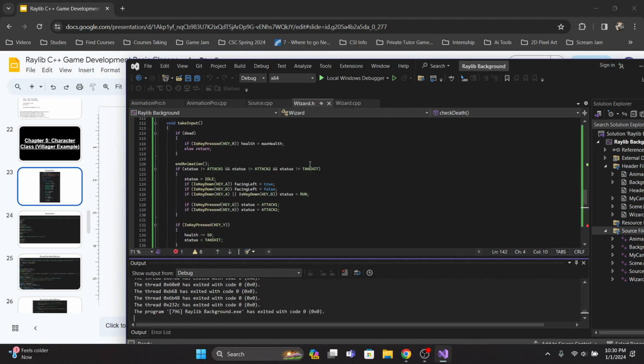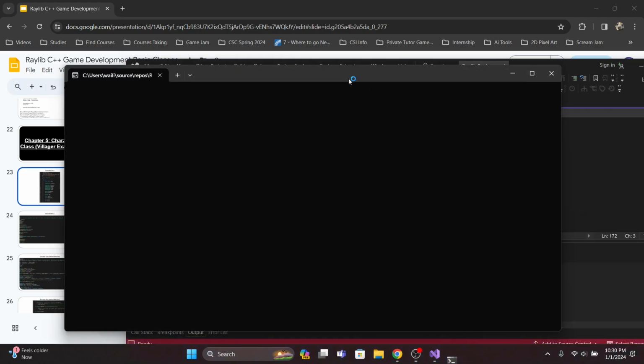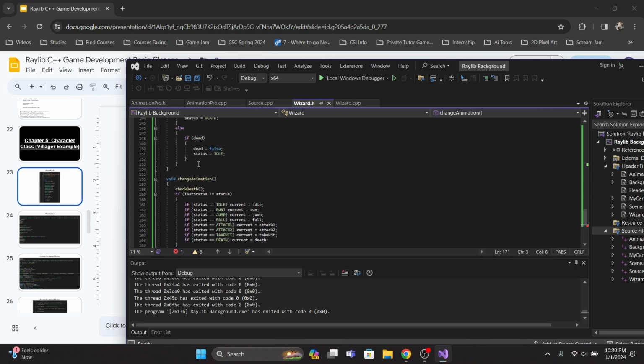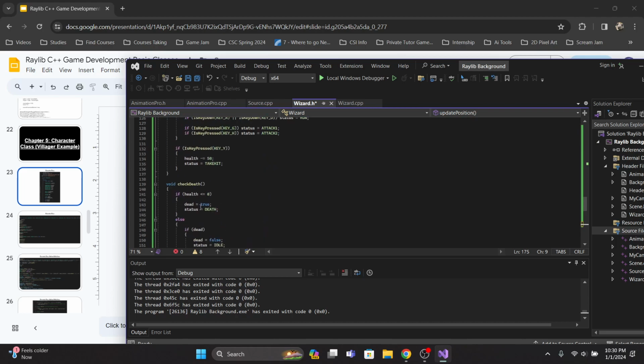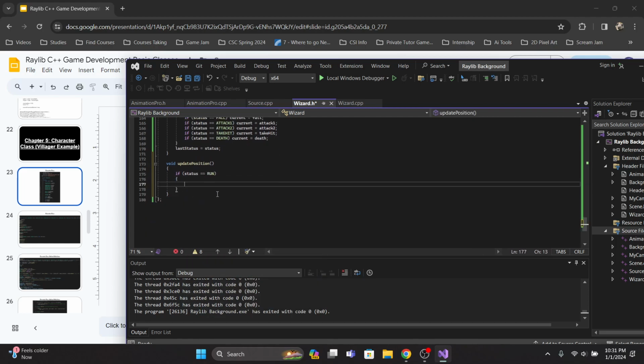Well, let's do update position first. What is this? No, that's just a Visual Studio bug. Okay, let's do update position, and inside of that we're going to do jumping. But first, we're going to make the character move when he's running. So void update position. So if status equals running, then we're going to do